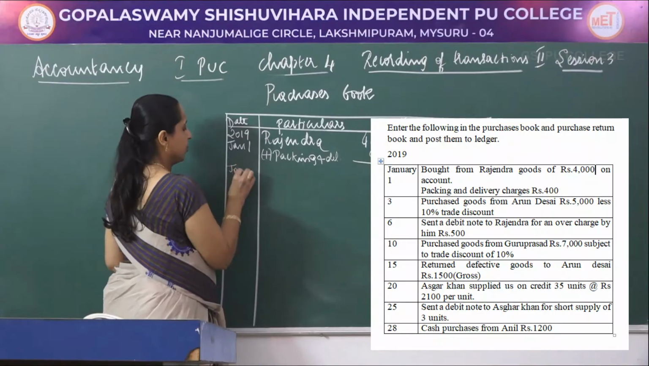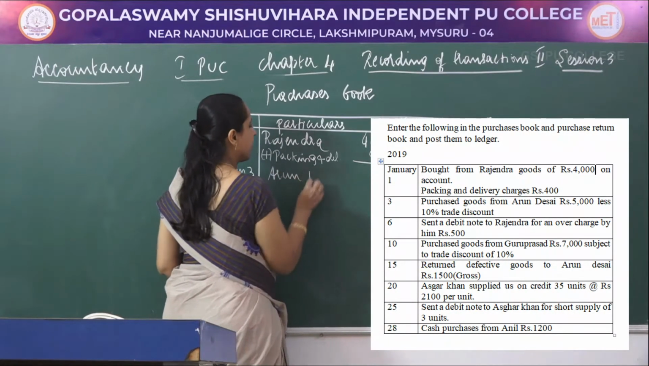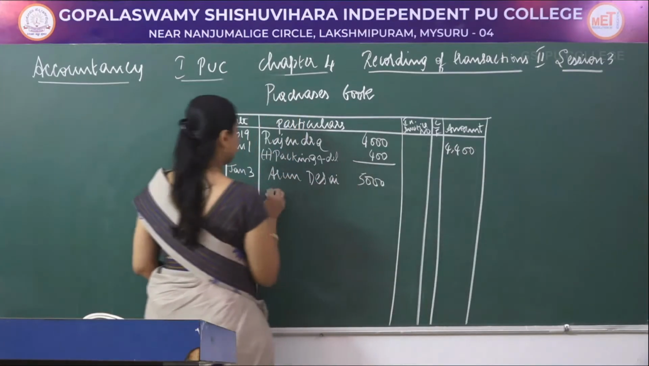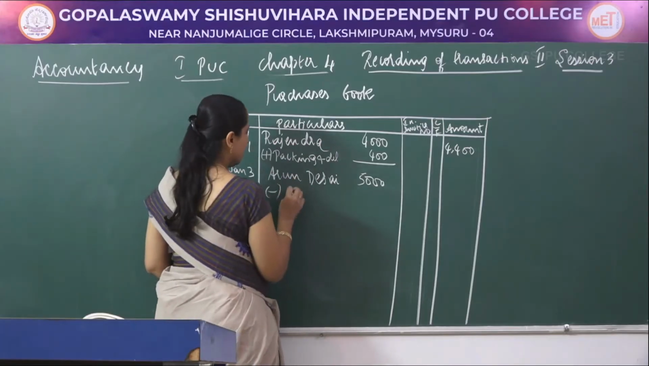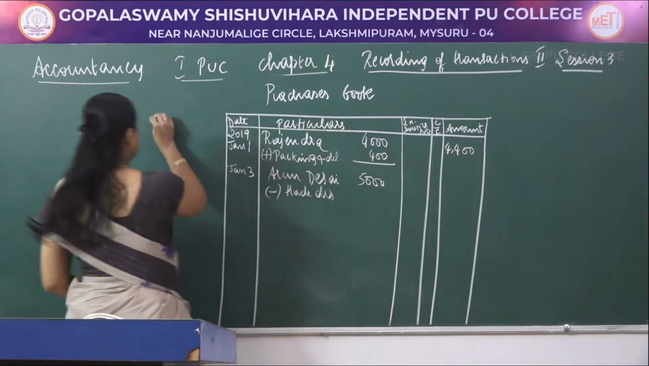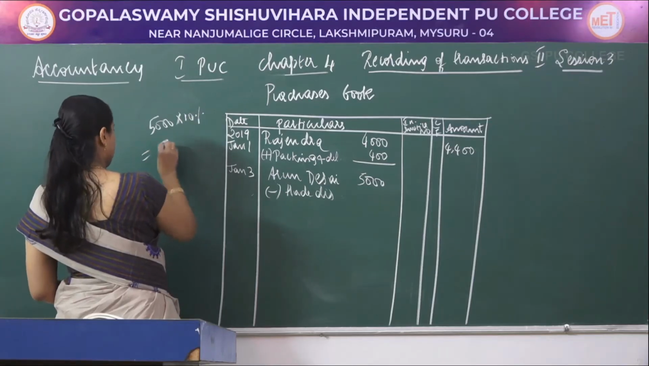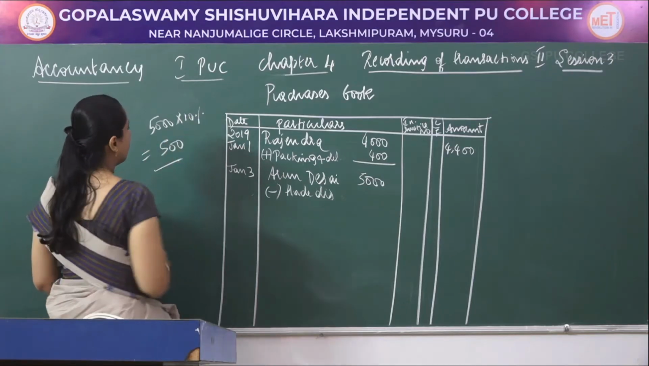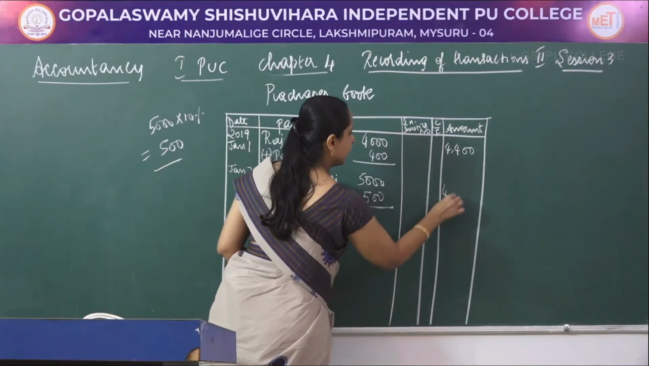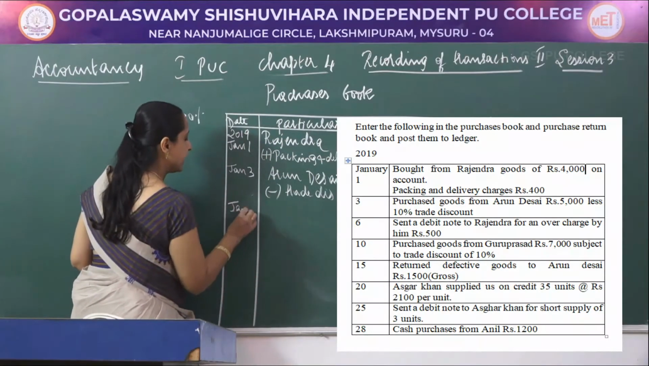On January 3rd, we have purchased goods from Arun Desai worth rupees 5,000 and he is giving us discount also, less trade discount. 10% discount calculated on 5,000 comes to 500. So 5,000 minus 500 it comes to 4,500. On January 10th,